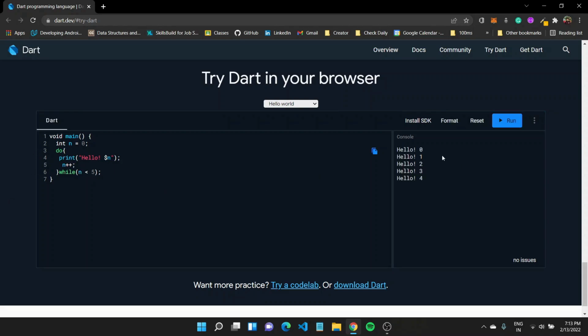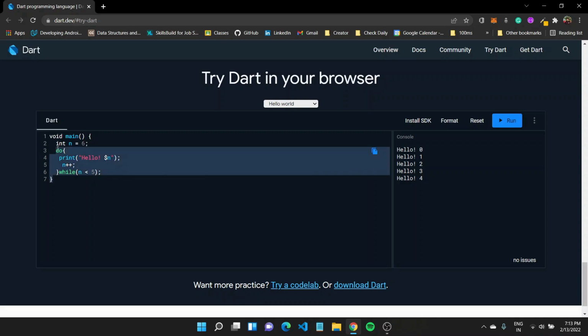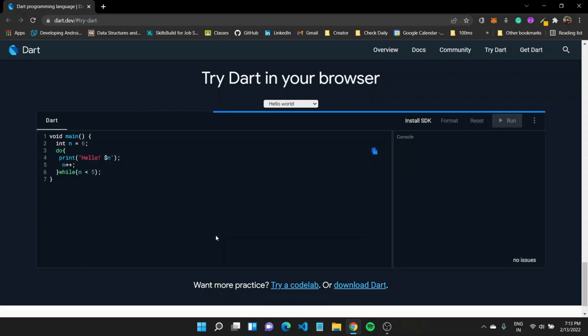What should happen is that it would print out a 0, then it would increase the value of n, and as long as this n is less than 5, this code would run. But let us say that in some case this value is 6, which is definitely not less than 5. Would this loop work? So if we try running this once,